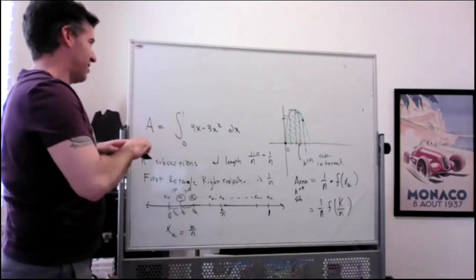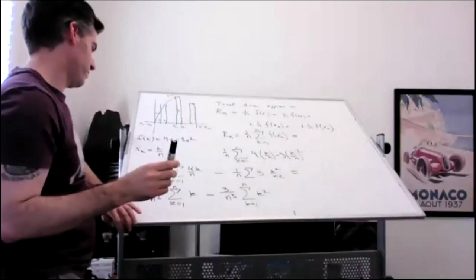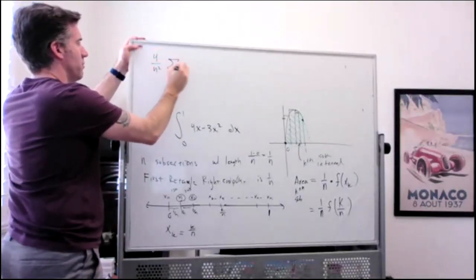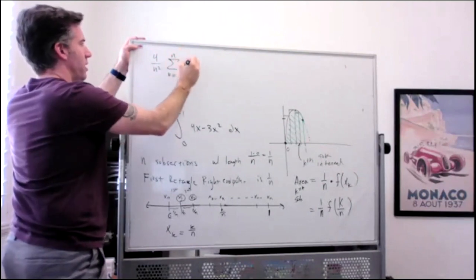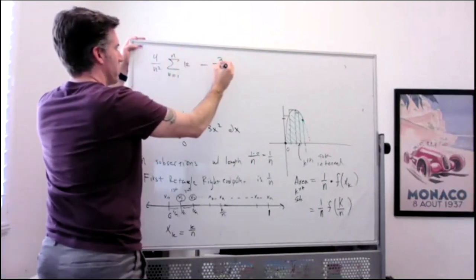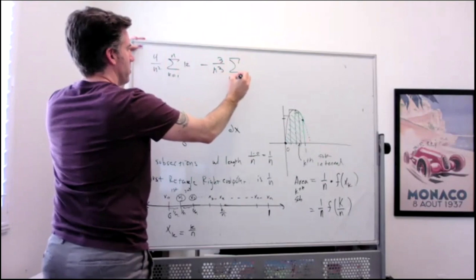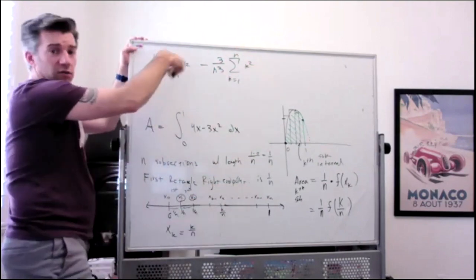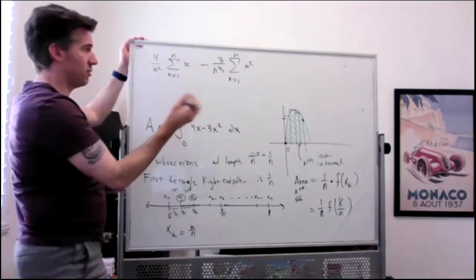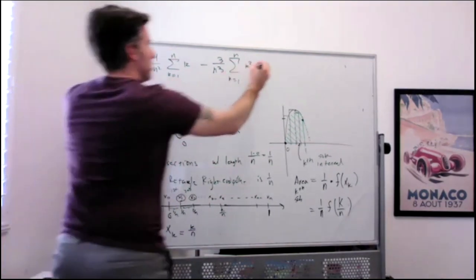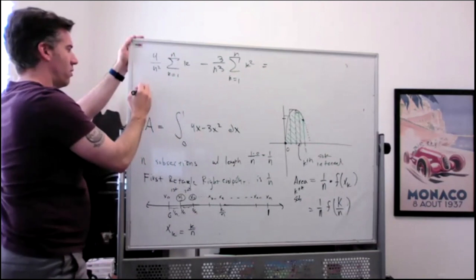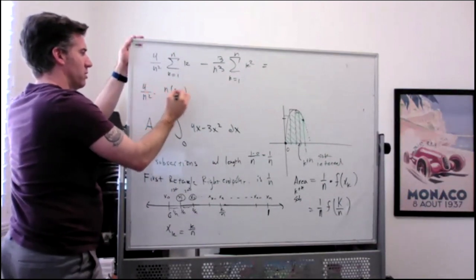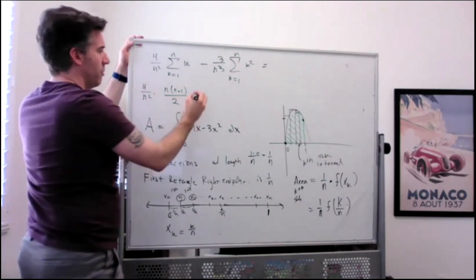So here's what we've got. We have 4 over n squared times the sum from k equals 1 to n of k, minus 3 over n cubed times the sum from k equals 1 to n of k squared. We know this formula. We talked about it earlier today. So we get 4 over n squared times n plus 1 over 2, minus